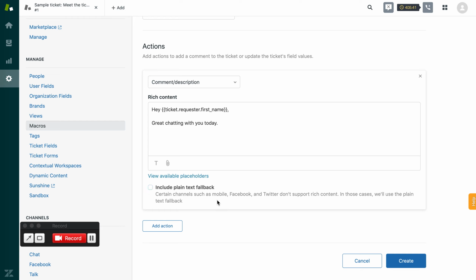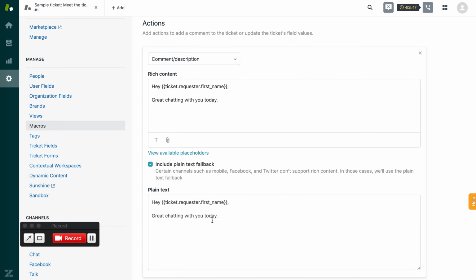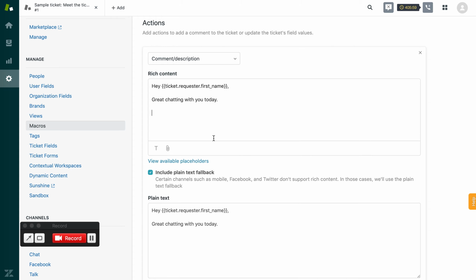Certain channels don't allow for HTML or rich content. So you could write this macro as well in a plain text format. That way you don't have to have two macros that are formatted differently. I guess we should mention formatting. You do have within the rich content macro part here, we could have a bold text